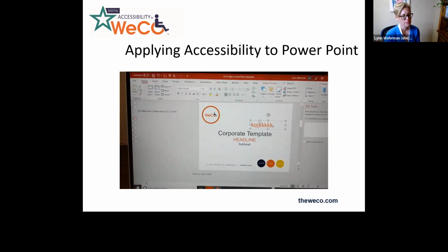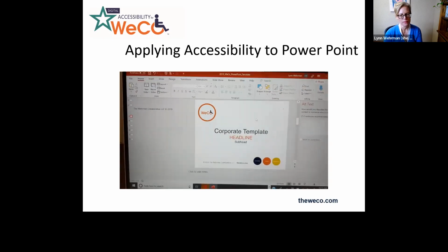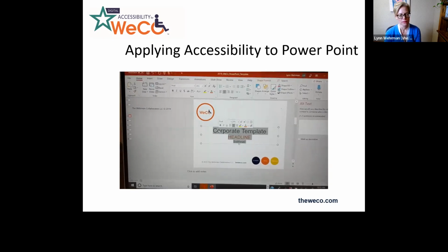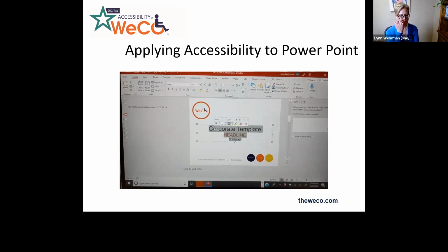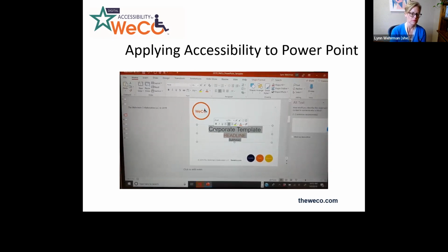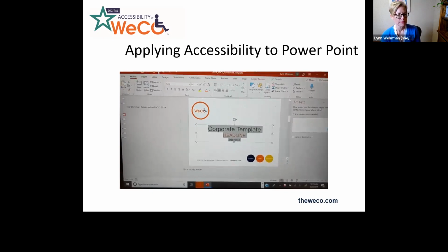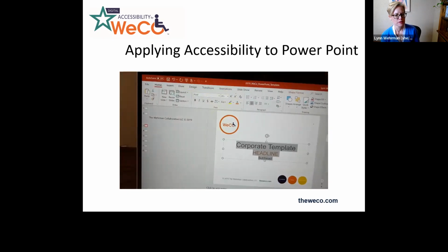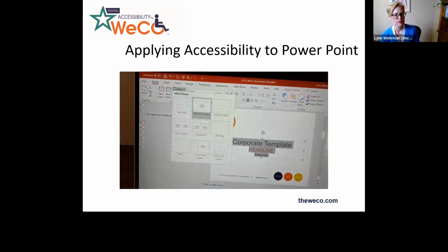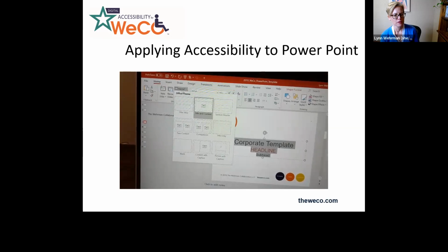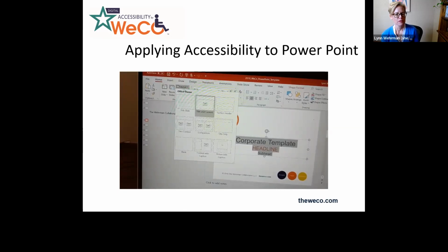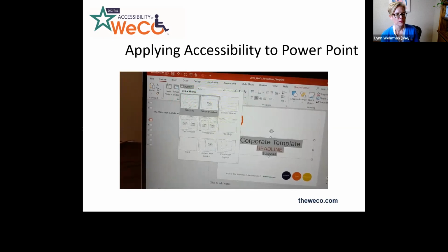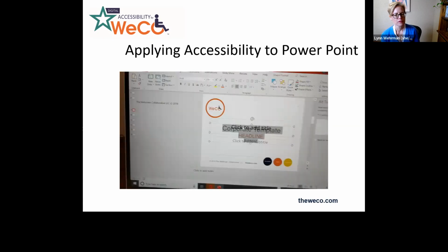So the easiest way that you can do this, and sometimes when we get a product like this from our graphic artist, we pretty much always know that we're going to have to go in and fix the whole thing for accessibility, is that all you have to do is go into the Home tab and go to Layout and ask, okay, what represents this slide? Is it going to be a section header? Is it going to be a title slide? We're going to call this one a title slide.